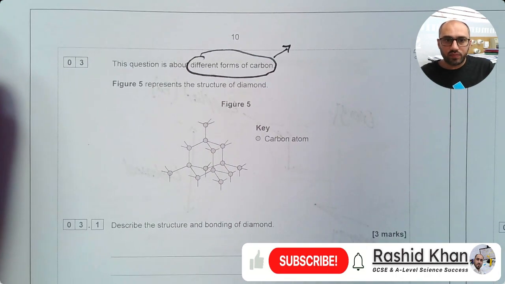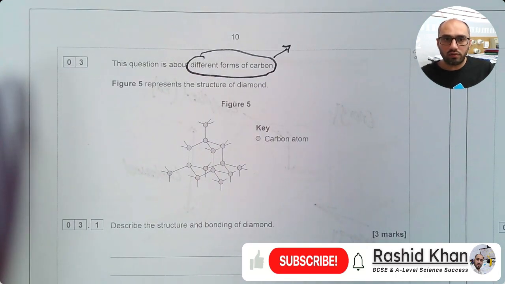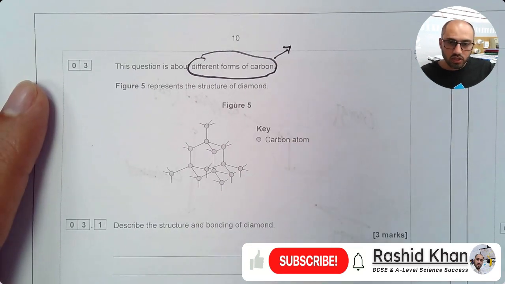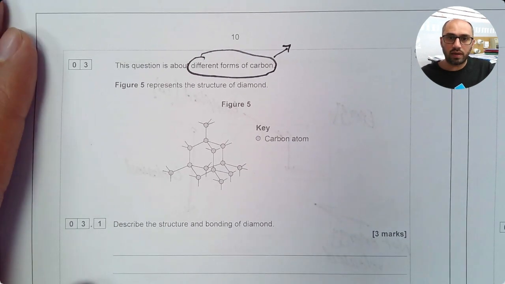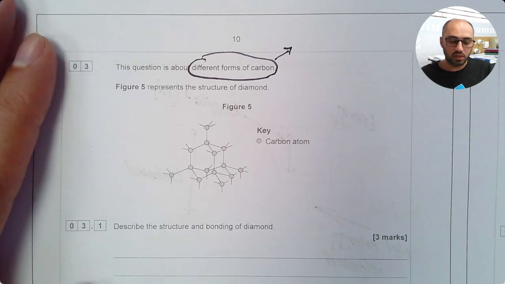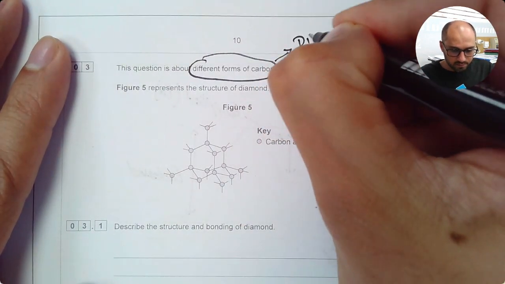Question number 3. This question is about different forms of carbon. Figure 5 represents the structure of diamond. Now you need to remind yourself of different forms of carbon. At this stage, you need to know about 4 different forms of carbon, namely diamond,